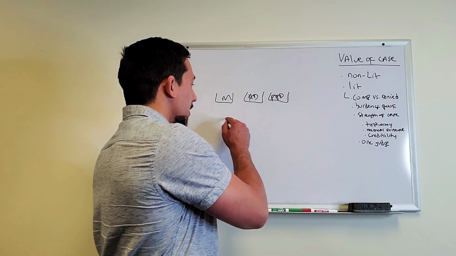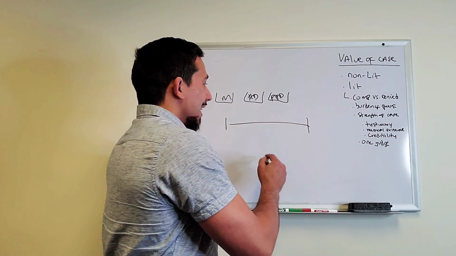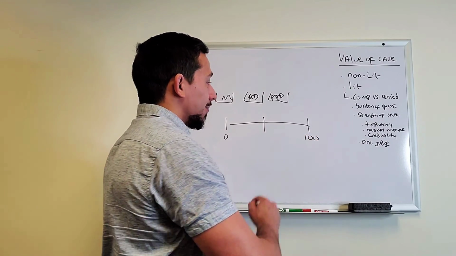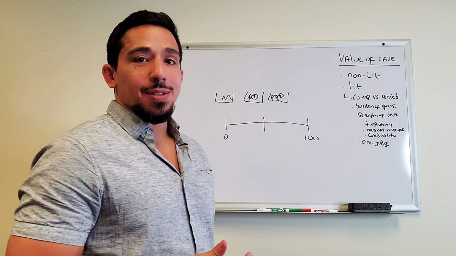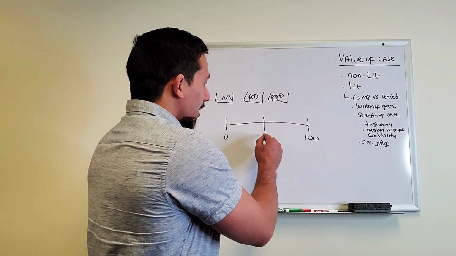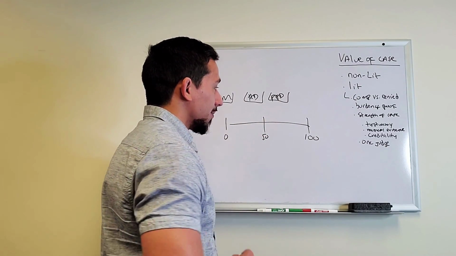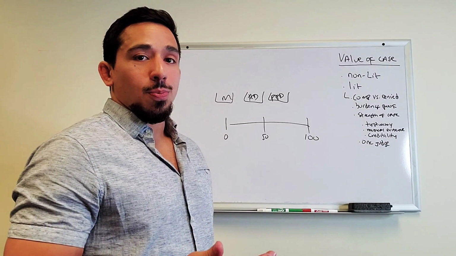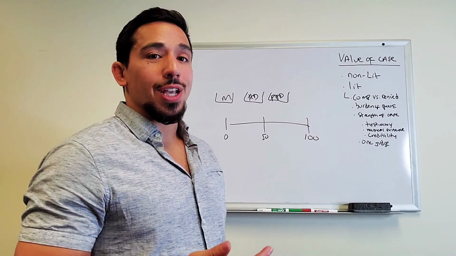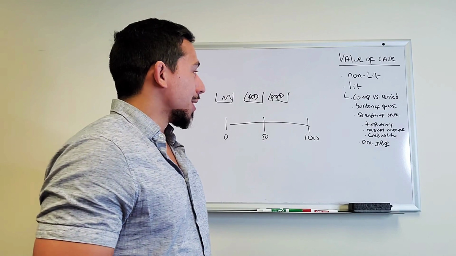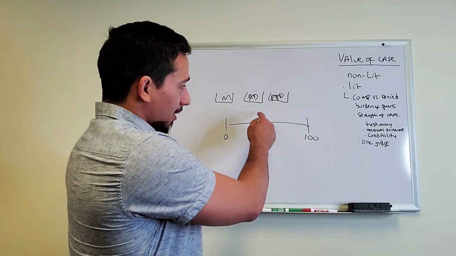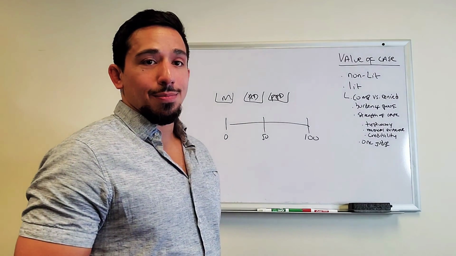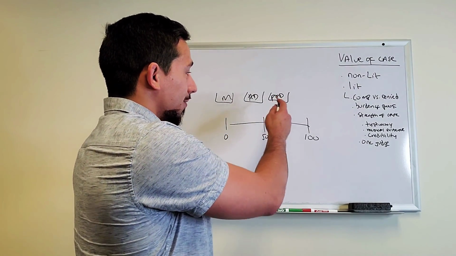Now, the burden of proof in workers' comp is different. It is a preponderance of the evidence. What does that mean? A preponderance of the evidence means 50% plus 1. So that means initially the burden of proof is on the claimant. The person bringing the claim needs to prove by a preponderance of the evidence, 50% plus 1, that they were hurt on the job and that they are entitled to these benefits.